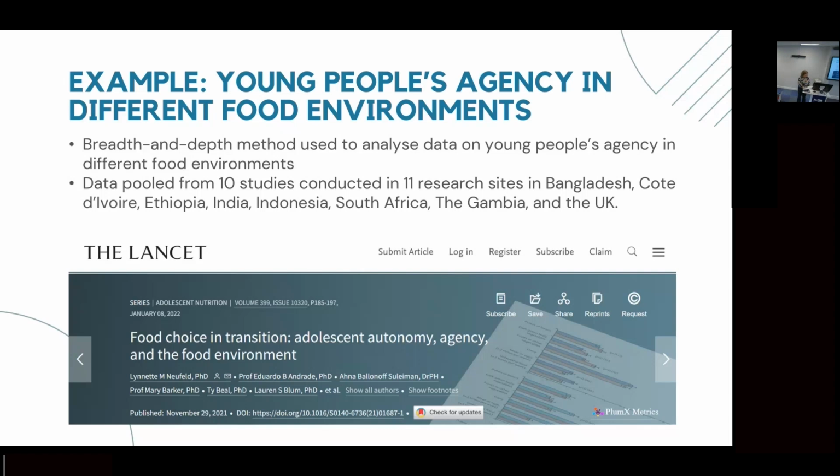So this work was commissioned by the Lancet and funded by Foundation Botner and Wellcome. And we're focusing on food choice in transition. This particular article on the screen brings together that quantitative and qualitative analysis. It's reported separately, but within the same paper, looking at young people's agency and autonomy in different food environments in different global contexts. So we use the breadth and depth method, and some of the team had already been working